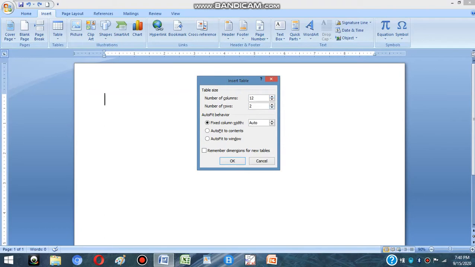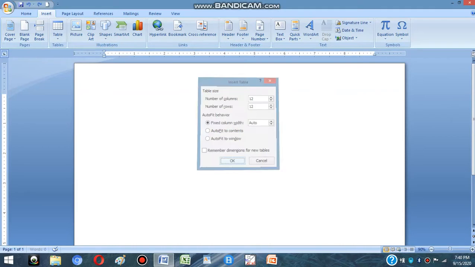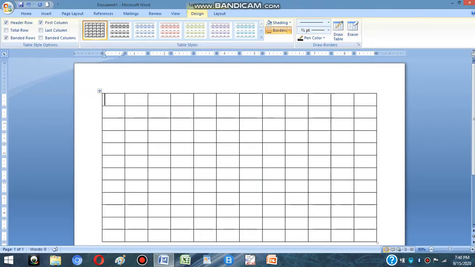Like this, I have chosen 12 columns and 12 rows, and when I click OK, the table gets automatically inserted in my Word. So in this way we can insert a table.